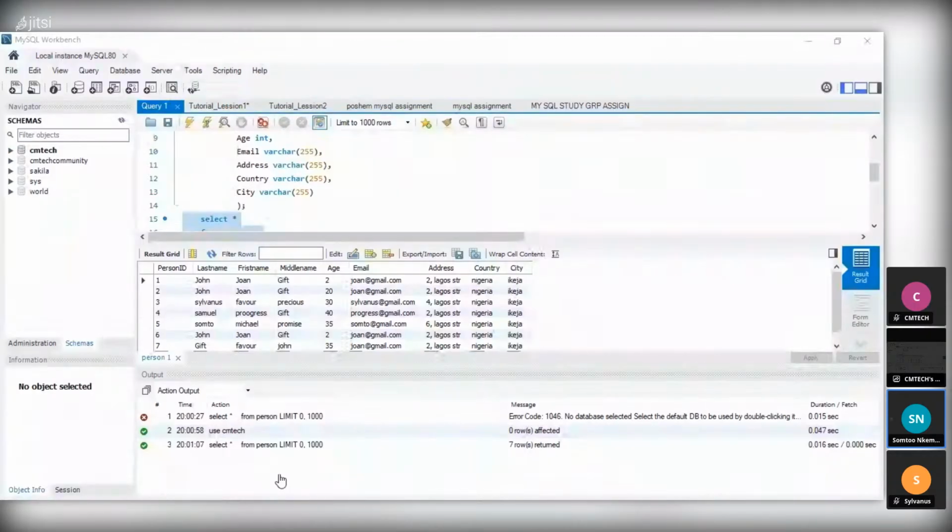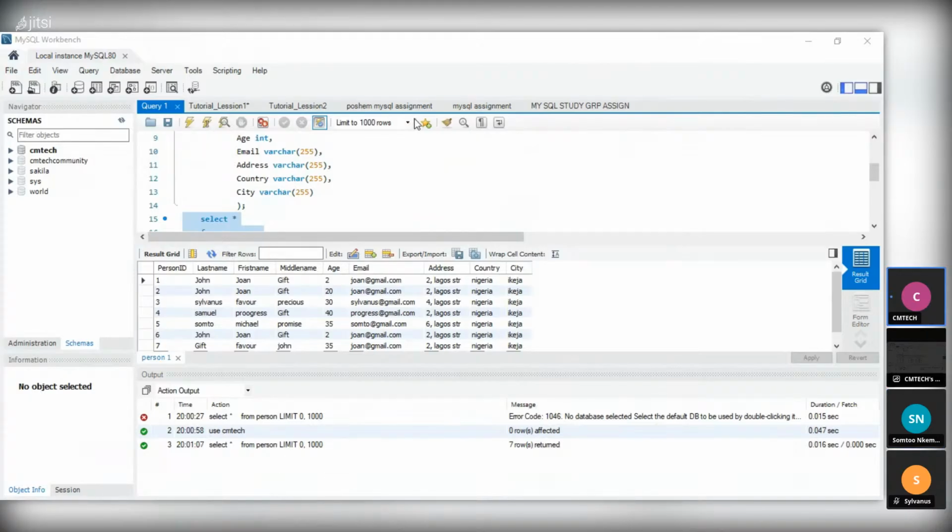First, you can ask if the database is in existence, like create database if not in existence, or you can just tell it to create a database. We also learned how to create a table and how to insert into tables, how to use primary keys, and how to do auto increment. That's what we did last week.